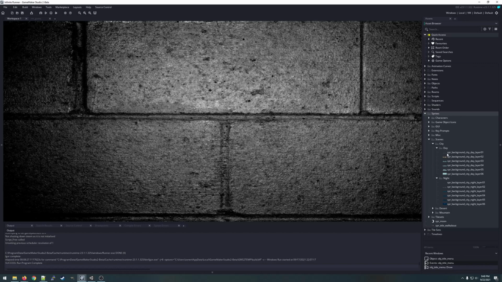Because this allows me to craft strings using this little bit here. I can insert in background type, city, daytime, day or night, and I can also adjust the number in the string,